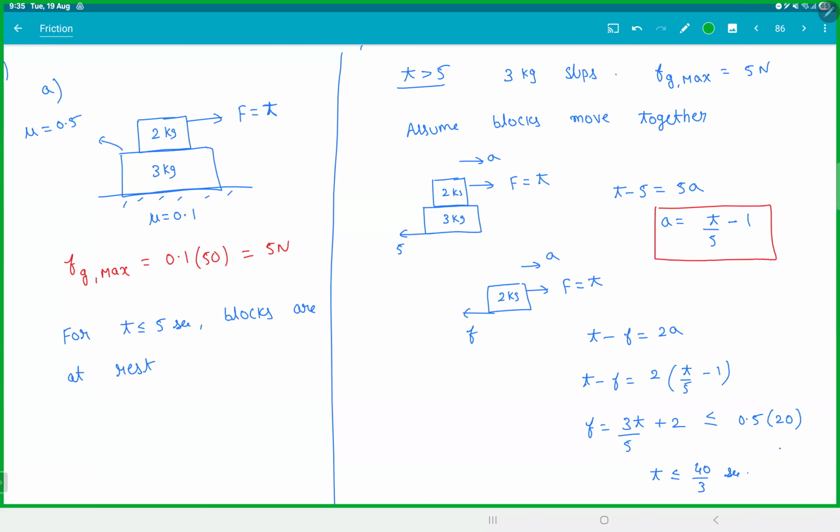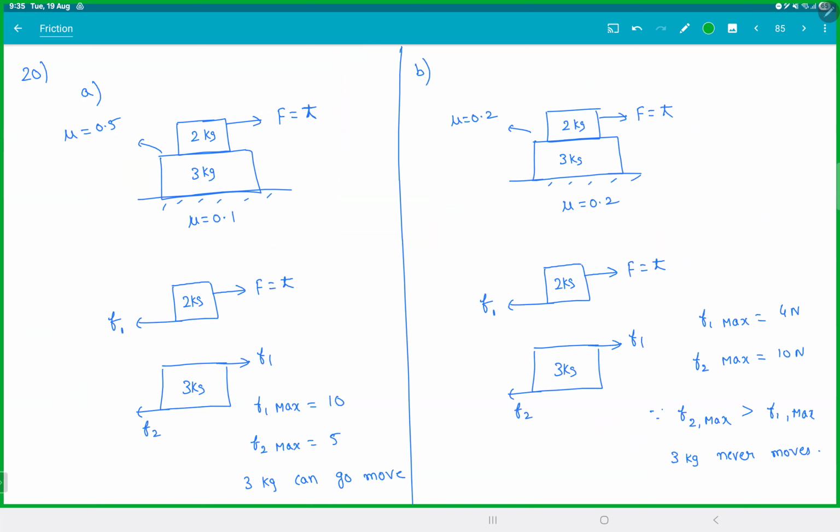Getting it, this is how you handle 2 block problems. And don't start with, F is maximum. If you start solving like that, you will go wrong. And for the second part, it is straightforward. So